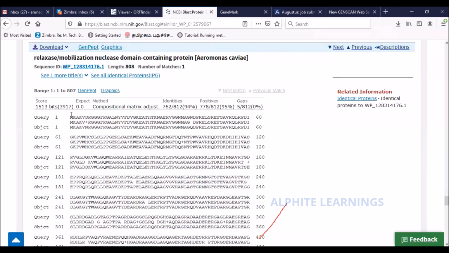So now you see there is an M here, there is an M here, a perfect match, which is called an identity. So in this sequence, out of the 812 amino acids that we gave, 762 were exactly the same. The remaining were different. You look here. There is a serine here.